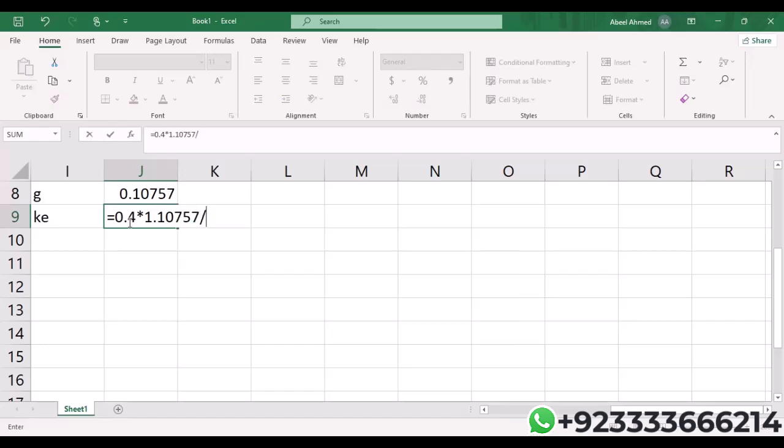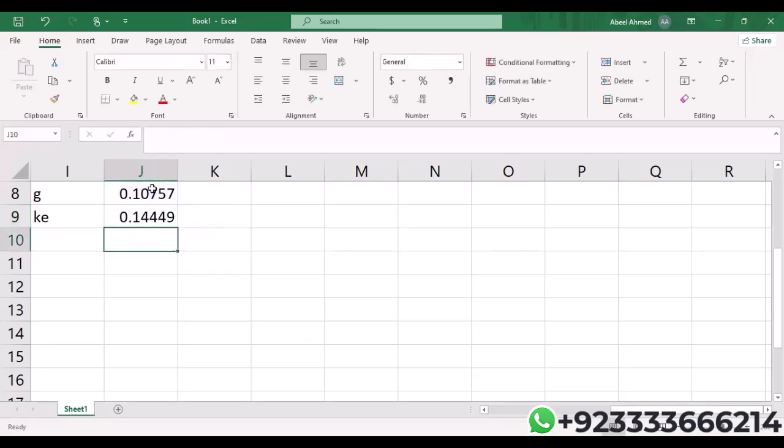Then we divided this with the current share price, which is 12. Then plus this. Now, let me convert that into a percentage. So I'm getting this. I hope it is clear to everyone how to calculate annual dividend growth rate on the spreadsheet, how to calculate